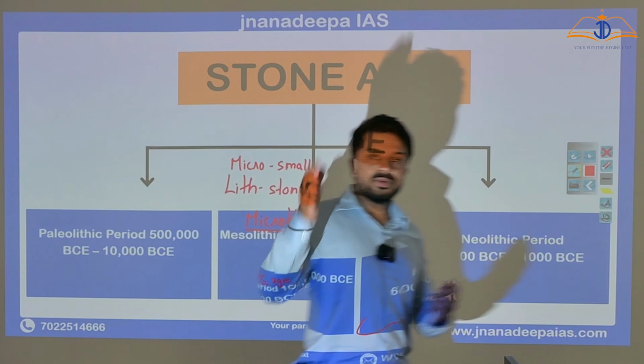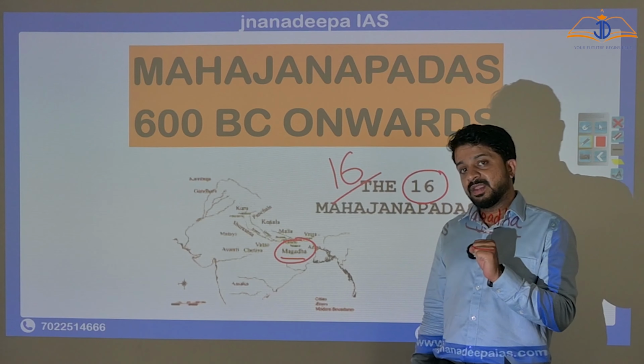Among these 16 kingdoms, the one which became extremely prominent was the Magadha Mahajanapada. Magadha became one of the most important Mahajanapadas of this time. Magadha is present in the present-day Bihar region. If you ask me, sir, why Magadha became so prominent, why it got its importance, I would say,